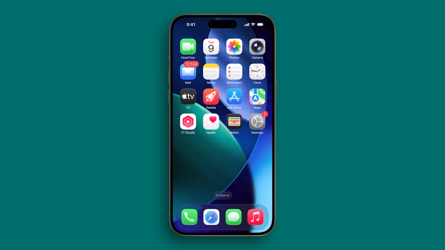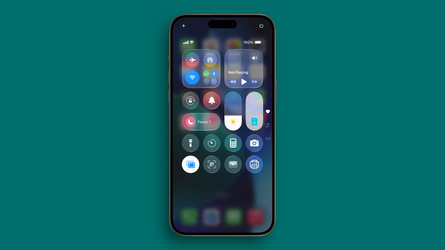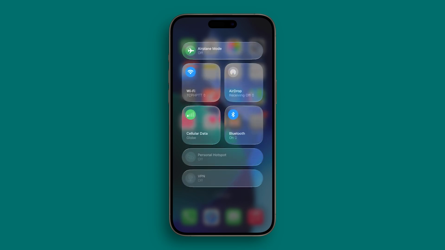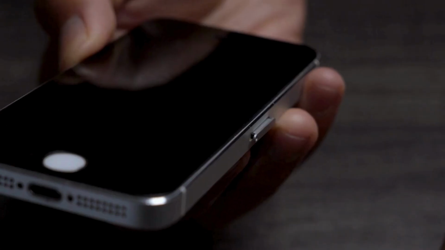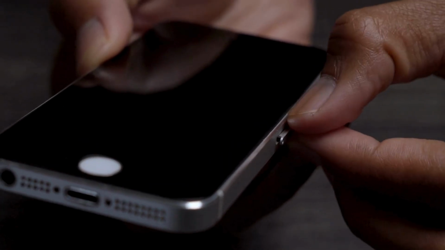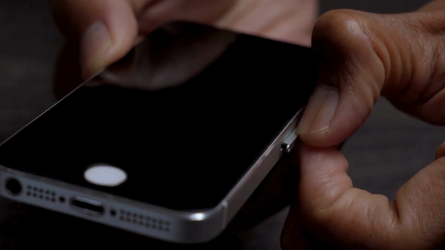If the no service issue persists, reseat your SIM card. Reseating the SIM helps fix loose contact that can cause signal loss on an iPhone 15. Remove the SIM tray with a SIM pin, take out the SIM, check for dirt or moisture, then place it